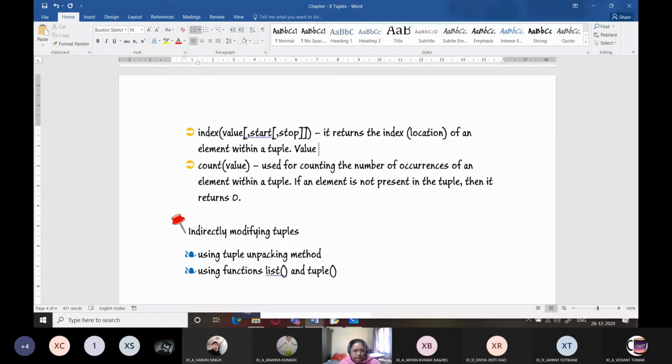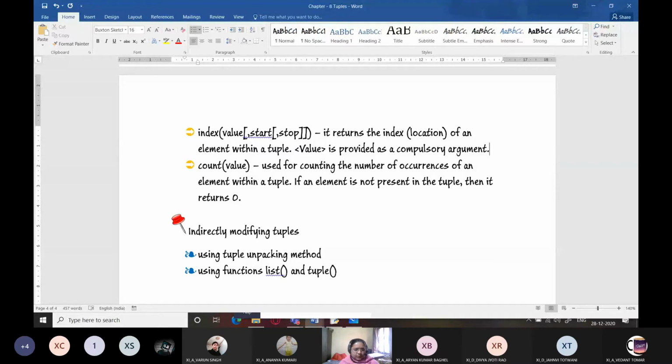Value is provided as a compulsory argument. We had to provide value because after all we are looking for the position of the value within the tuple. So value is a compulsory argument.